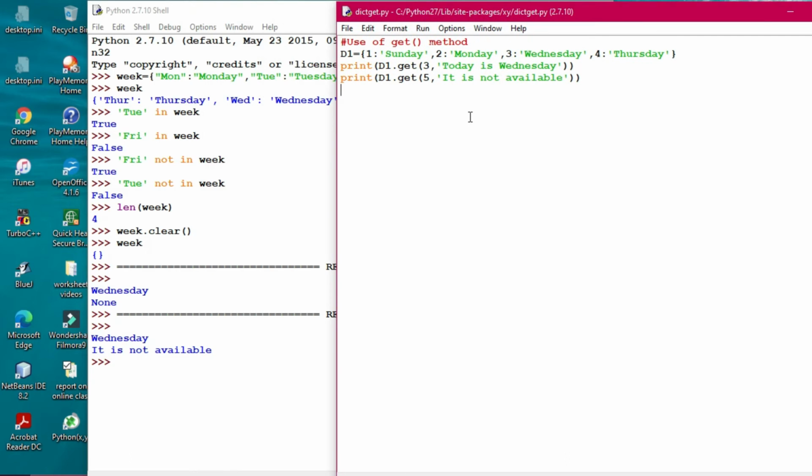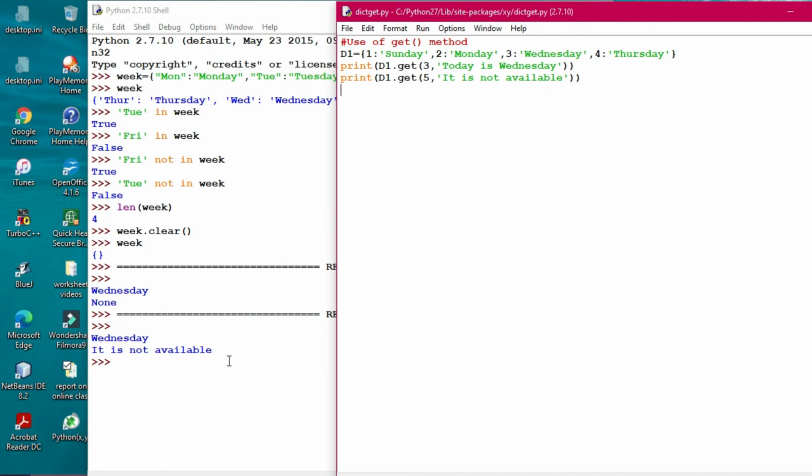But the thing is that this is the description of the dictionary. If the key is available, then the default one will not come. Only the value will be shown. But if it is not available, in that case only the default will be changed into whatever message you have given. That's why in case of get 3, 3 is available, so it is showing the value directly. And get 5 is not available, so it is showing you it is not available.